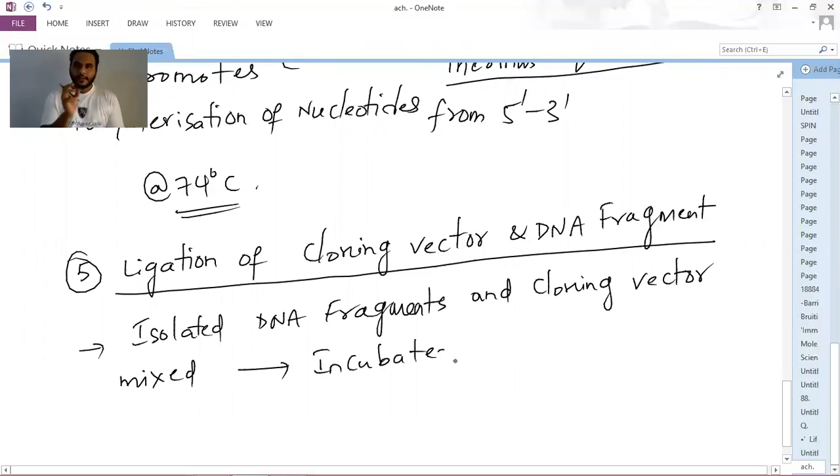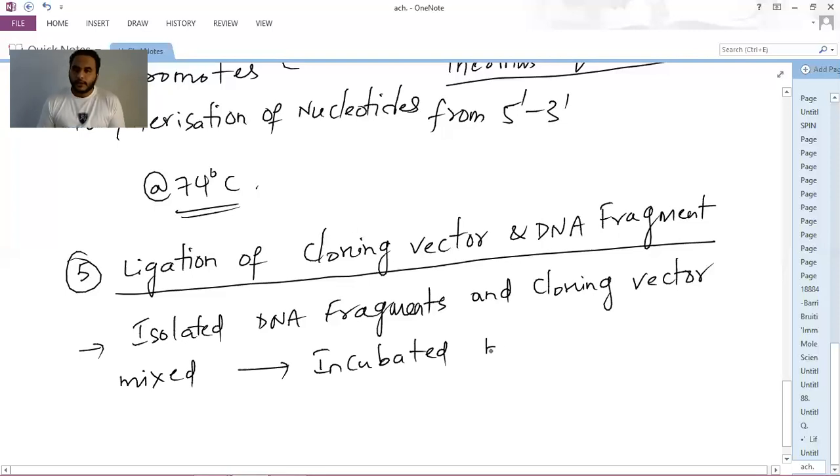Whatever desirable DNA we isolated as a DNA fragment should be joined with the cloning vector only, otherwise we cannot transfer it. So we selected that vector, and mixed it with the isolated DNA fragment and incubated